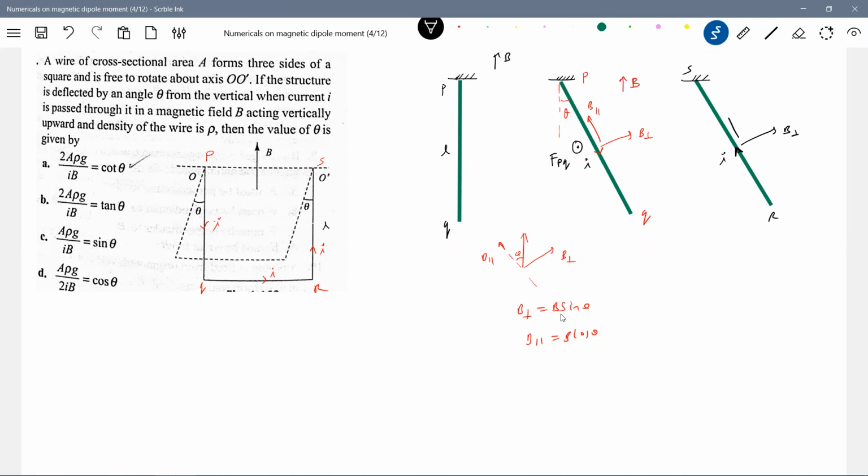B perpendicular, again same, B parallel. What about the force here? B perpendicular to current, so it will be into the plane. So what about the torque due to these two? Will be equal and opposite. So they will not set up any torque